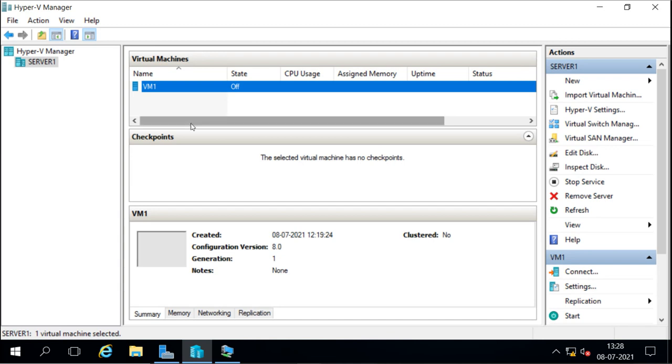So this is what the replica machine is for. We can create a copy backup of the virtual machines for having a backup. So if something happens to our main virtual machine, then we can start the machine from the replica. So this is what